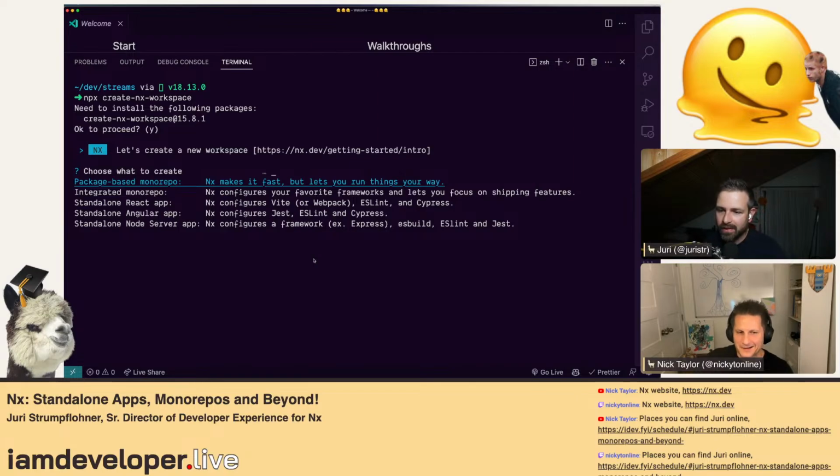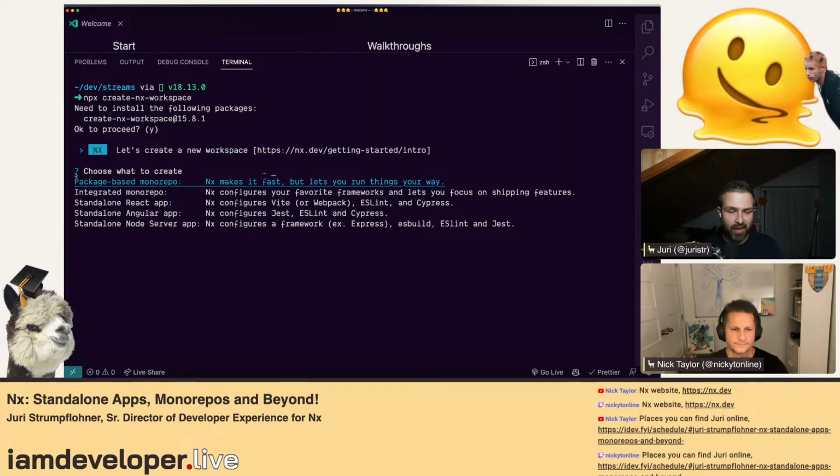I was gonna say, the standalone React app, is that an answer to the whole debate about Create React App? Yeah, totally, it can be an answer. If you want, it is a replacement for Create React App because it sets you up with either Webpack or Vite, depending on what you choose. I think Vite is the default one, and a couple of other tooling, and then you can just go along and create a standalone app.